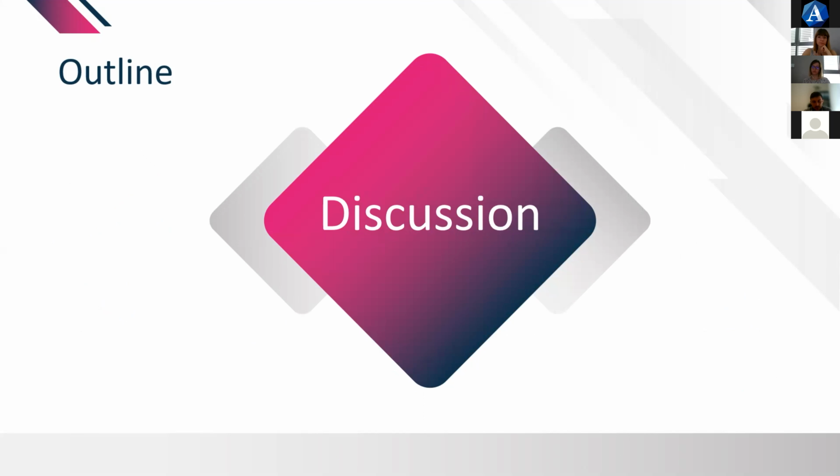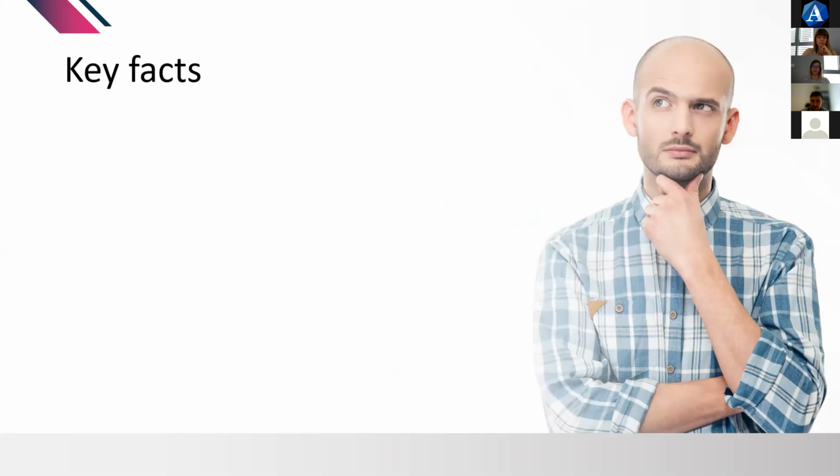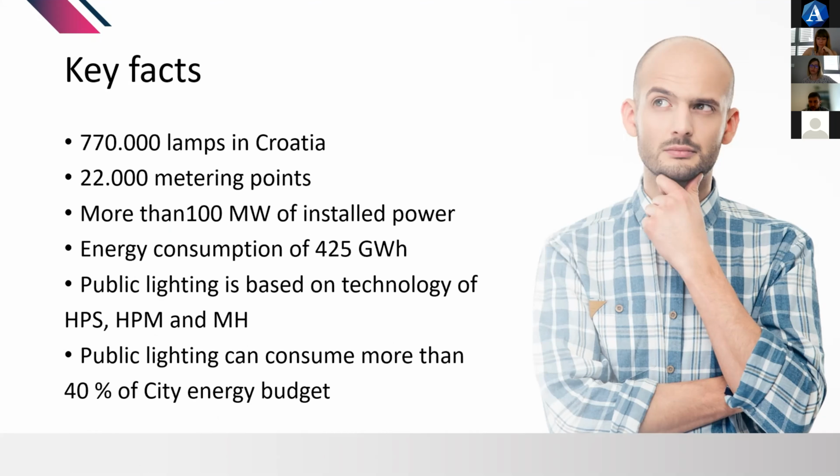and Living Lab Koprivnica. So, Living Lab Koprivnica was established primarily for public lighting systems to help decision makers choose the right product and the right technology to renew old, inefficient systems. So, to show national potential, there are key facts that helped us in realization of the idea that was in development